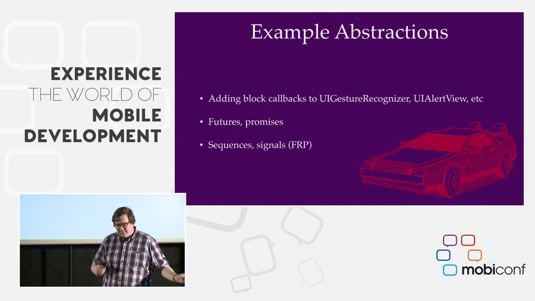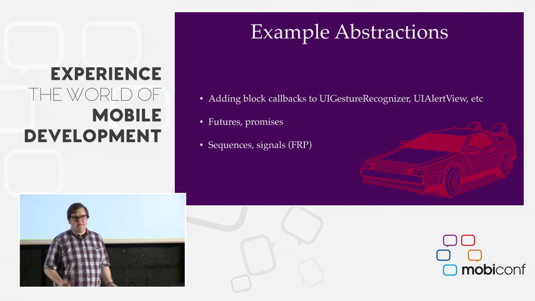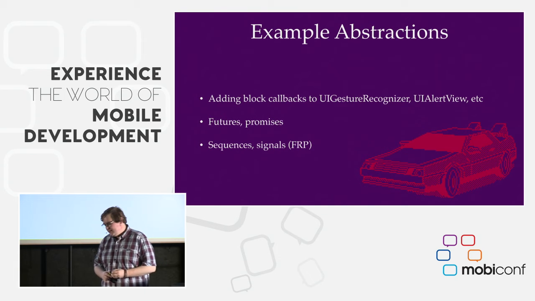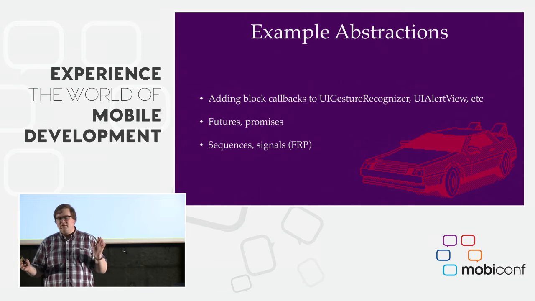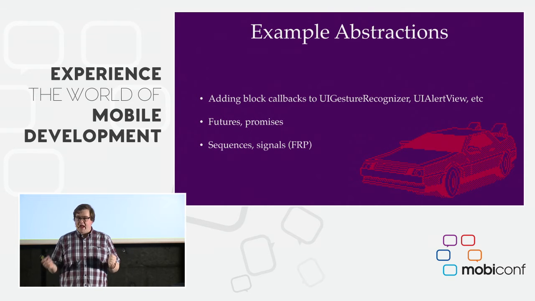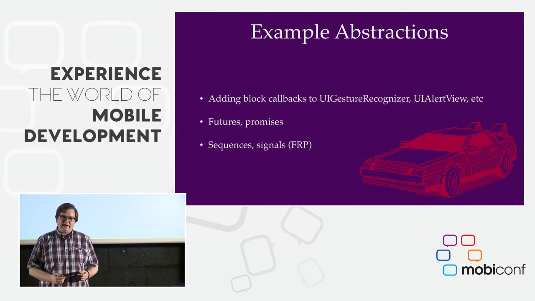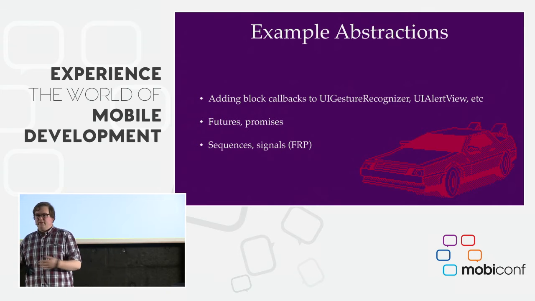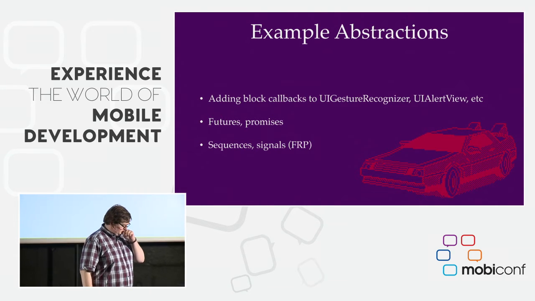We also have the idea of futures or promises. I think there's a distinction there, but I don't really care what it is because who cares? But they're cool. I mean, you can say, here's an object, it represents a unit of work, and when it's done, do this thing. If it errors, do this thing. If it returns data, do this other thing. That's a really powerful abstraction because you can chain them. You can say, do this thing, then this thing, then this thing. This is our chaining that we have within NSOperation, our dependency graph.